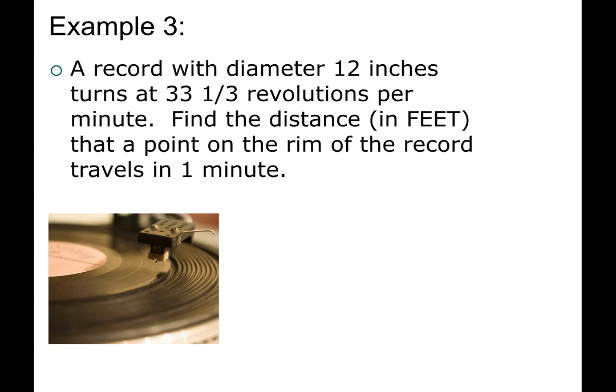But here in example 3, a record with a diameter of 12 inches turns at 33 1/3 revolutions per minute. Find the distance in feet that a point on the rim travels in 1 minute. As these problems get a little more complicated, there's a few things you want to watch out for. Here, they're telling you how fast in minutes, and they're asking you about minutes, so that's good. Here, they're giving you inches, and they're asking you about feet, so at some point, you're going to have to